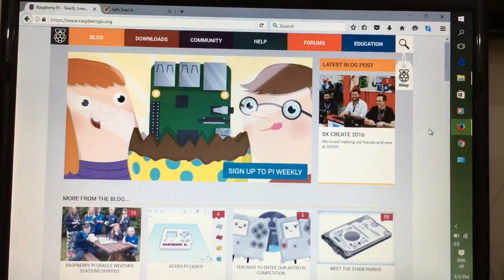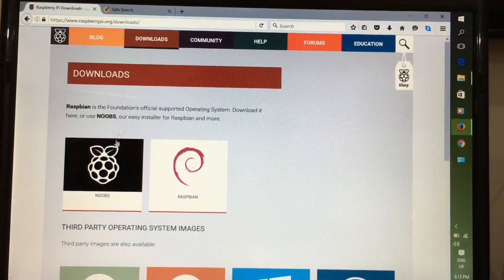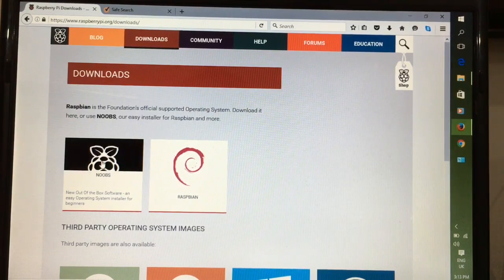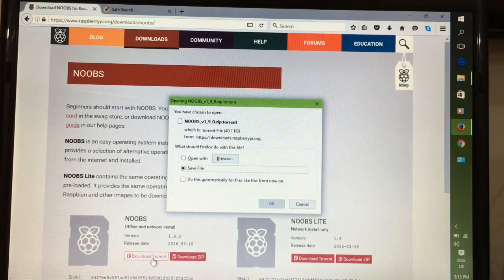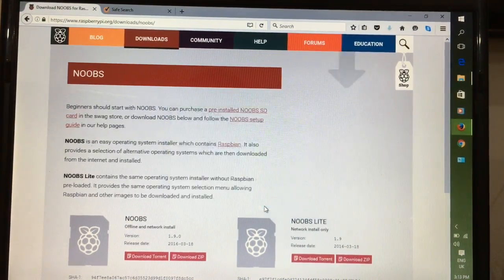Go to the Raspberry Pi organization website. The link will be there in the description, so nothing to worry. Go to download, and then we have to download this one, NOOBS first. Click on this one. There is a torrent file. Click save. This is the first file we need to download, and the second one,